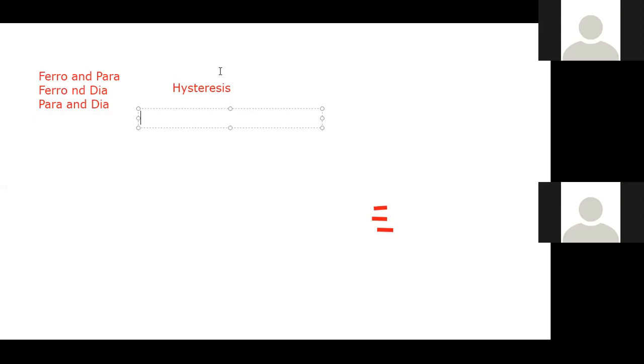Now, the relationship between the magnetic field strength and the magnetic flux density is not linear in such materials. I've already explained what magnetic field and magnetic flux density is in our previous class. It's not linear in such material. Now, when you want to plot the relationship between the two, we are going to get increasing levels of the field strength, and it will further follow up with a curve at the point, and so on and so forth.